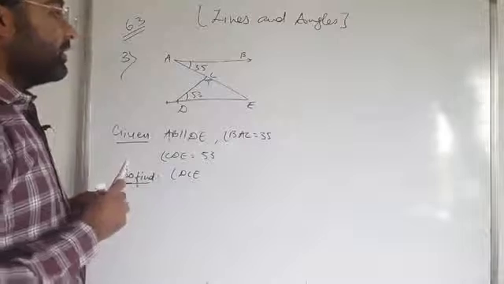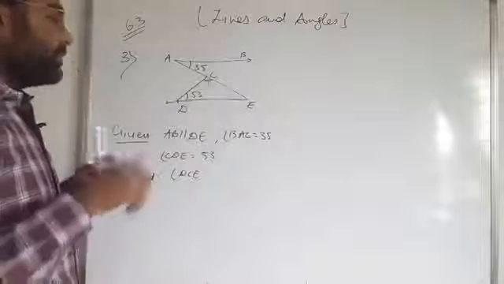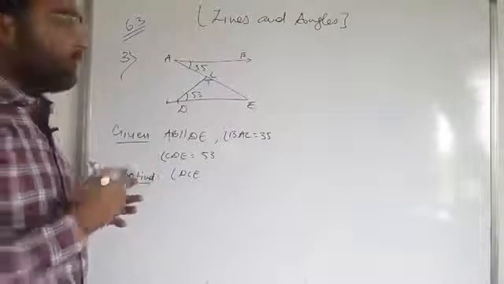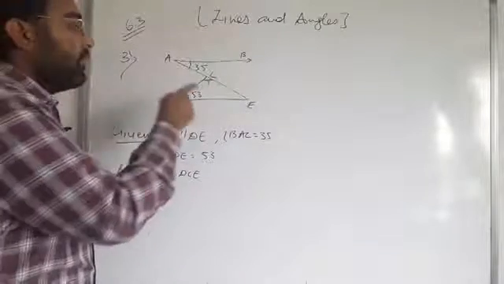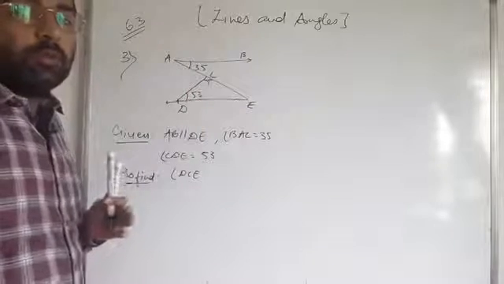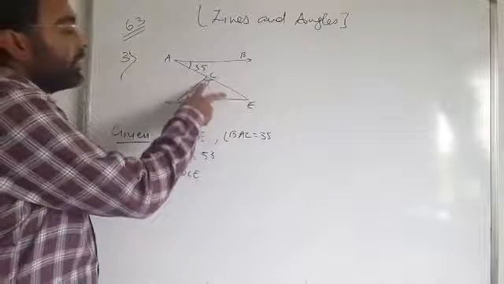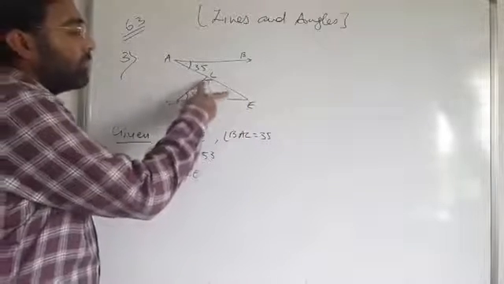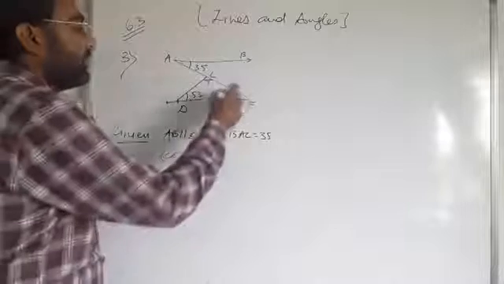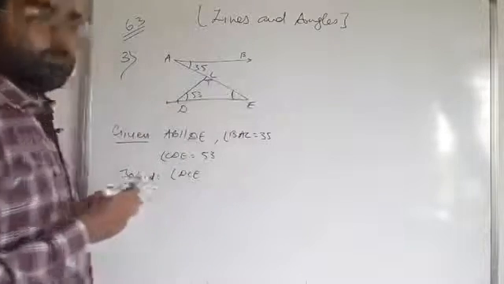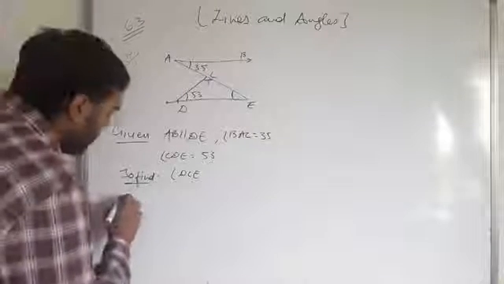First of all, the triangle CDE is formed. So we have to use the angle sum property to find this angle. For the angle sum property we need at least two angles of the triangle, then we can find the third angle. Here two angles are missing in the triangle, so one of them we have to find first, angle CED. For that we have to write the solution.